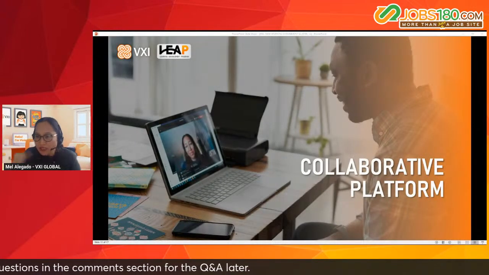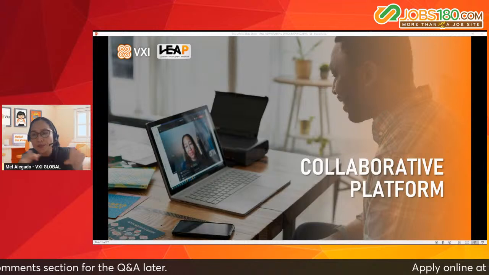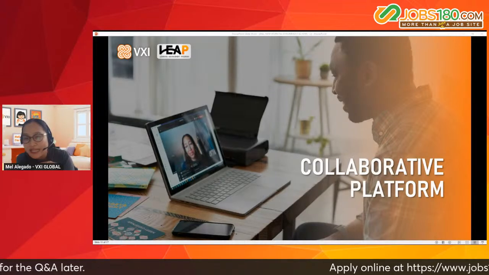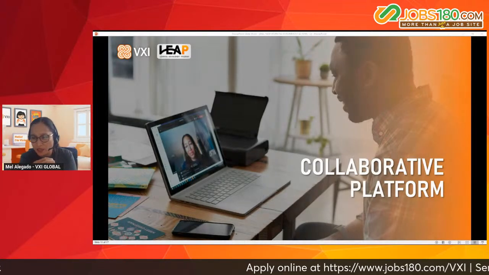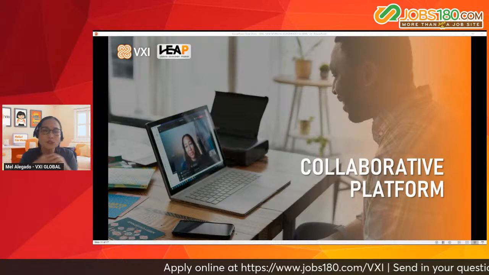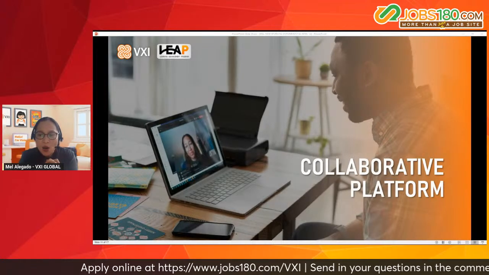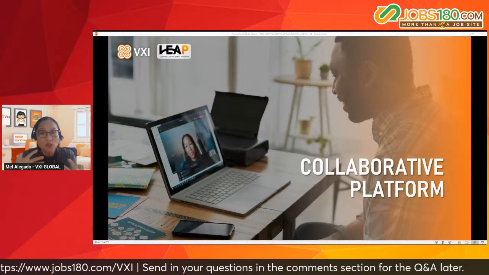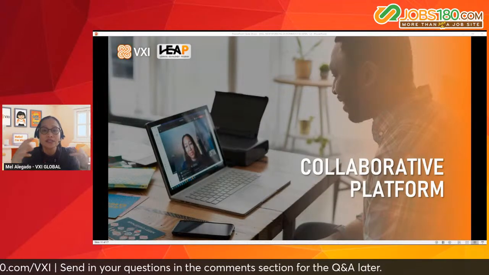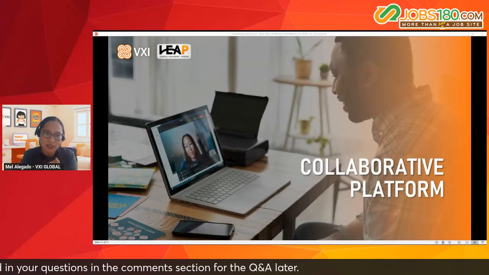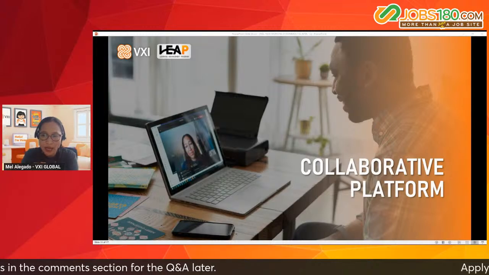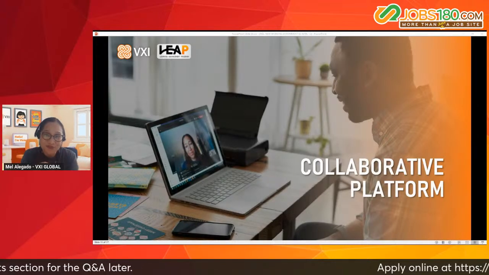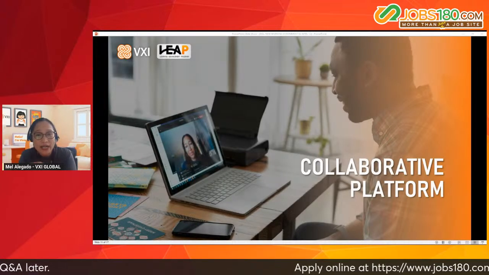Ano pa? Skype, Zoom, Messenger, Telegram. I heard about Telegram. I'm not quite familiar with it. But we're talking about platforms which are considered part of the technology which enables us to discuss things, go on meetings, just like what you see here in the picture, that will still make us productive